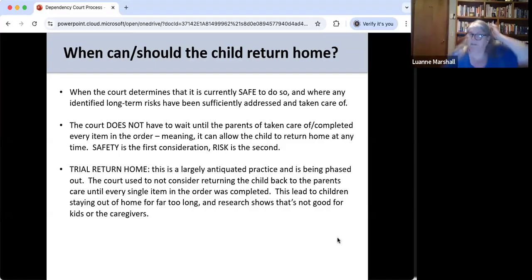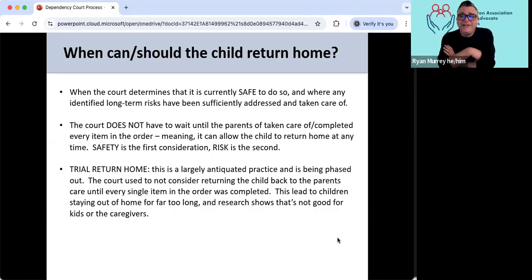Do visits typically get longer or more frequent first before the child goes home? They should. They should. And what you'd want to see is, I have a whole training on visitation too. Luann, maybe that's when I should do visits instead of the safety versus risk.